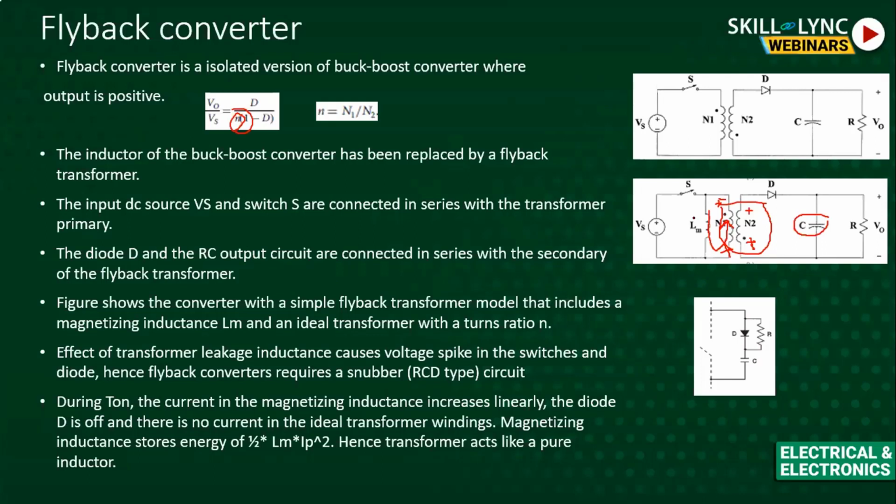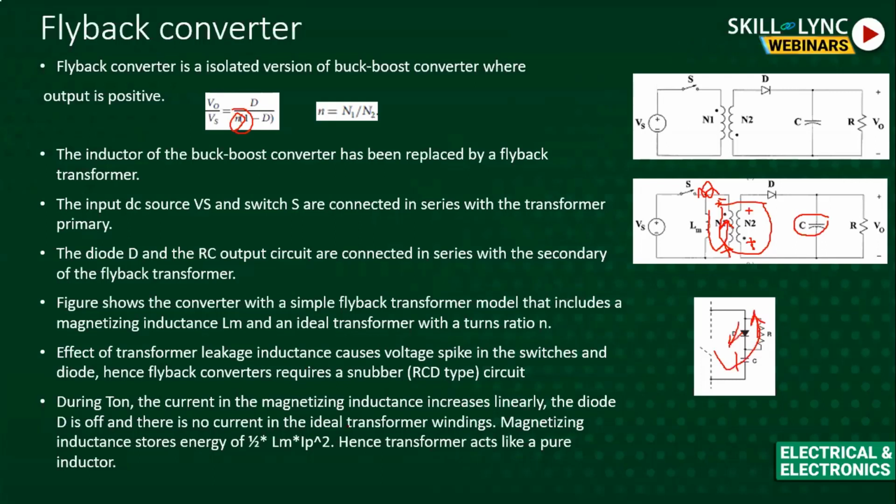But in this converter also there is a problem, like leakage inductance, which is causing a high spike in the switch when it is getting off. Basically the leakage inductance comes with the transformer. So to overcome that, they need to have an RCD snubber, which is dissipative in nature. When the switch initiates turn off, the current will be diverted in this path, and this capacitor will be charging through this resistor in this direction, and the discharging will happen during the on time.